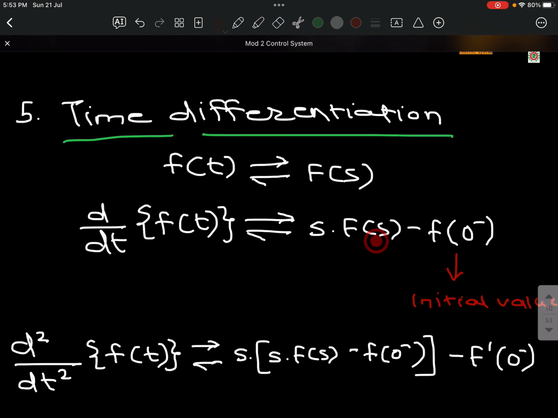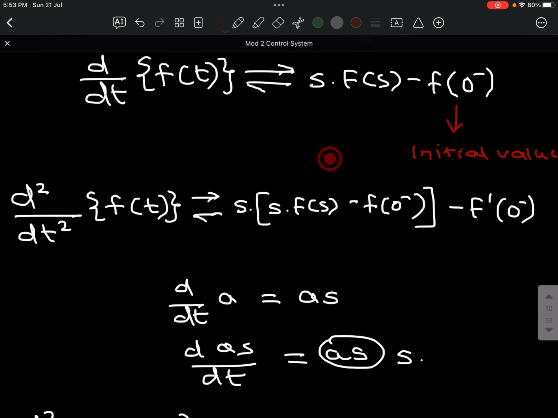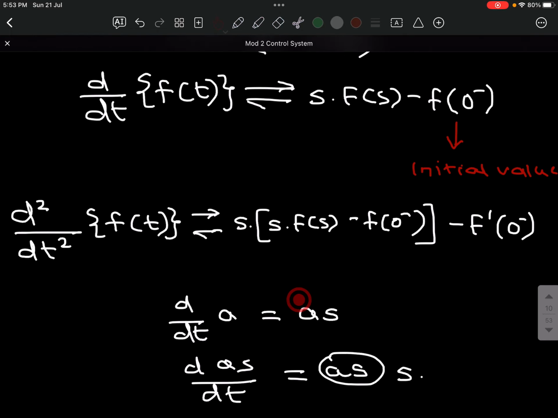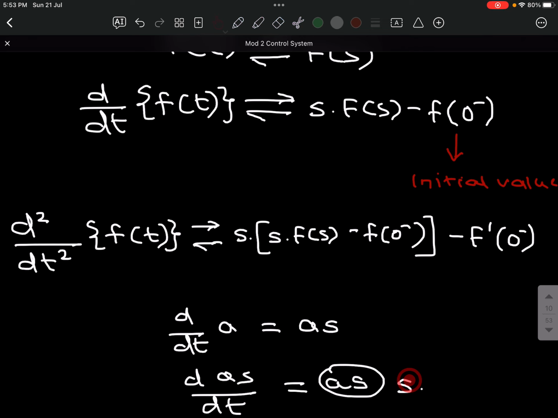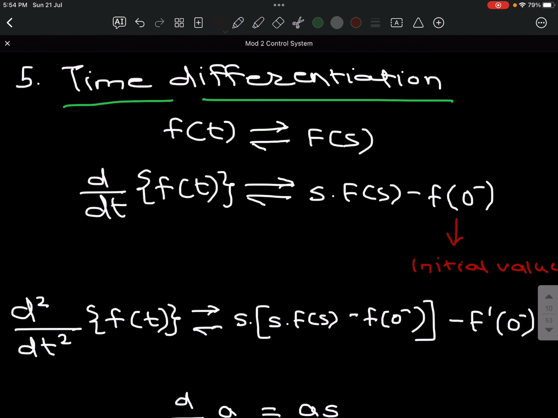अगर ये नहीं समझ रहा है तो ध्यान से यहाँ पे देखो. अगर derivative of a is a into s, which was this case, s into a, बट अभी इसका फिर से आप डेरिवेटिव लेते हो तो क्या होगा? अगर आप इसको वापस से डेरिवेटिव लेते हो तो एक और s यहाँ पे मल्टीप्लाई हो जाएगा. तो सेम चीज़ यहाँ पे भी हुआ है. अगर आप इसको ध्यान से देखोगे तो कैसा डेरिवेटिव आया है? दिस इज दैट डेरिवेटिव ऑफ एफ ऑफ टी. तो फर्स्ट डेरिवेटिव इज ओवर हियर.